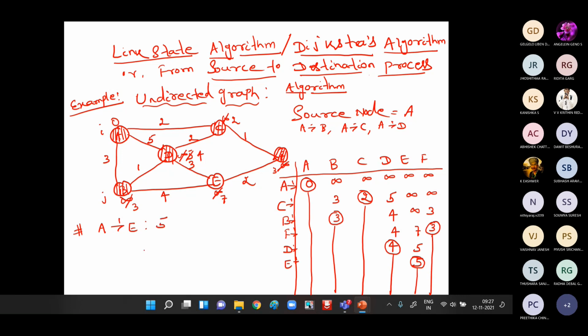Whether it is correct or not, how do we check? And the shortest path also we have to find out, right? A to E, guys. So source node is A, destination node is E. So here what we will do, guys, we will pick the E, whether it is correct or not. This 5 we are actually getting or not. How do we verify that? How do we prove that? Directly from the table from A to F we got all these things, but now we are going to verify A to E, the shortest distance and shortest path. It is 5 and we have to prove this part.